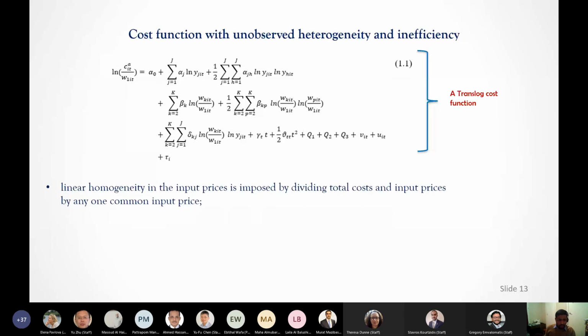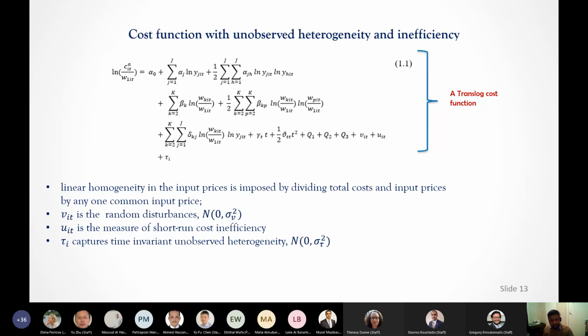Now, we also impose what we call linear homogeneity, which is simple: it allows us to interpret everything in terms of proportion. And we do that by dividing the input prices and the total cost by one of the inputs. It's just a fancy way of imposing that. And then we have all these variables that we specify that capture unobserved heterogeneity, which I name as random disturbance here. And we have a variable for short-run cost inefficiency, and we